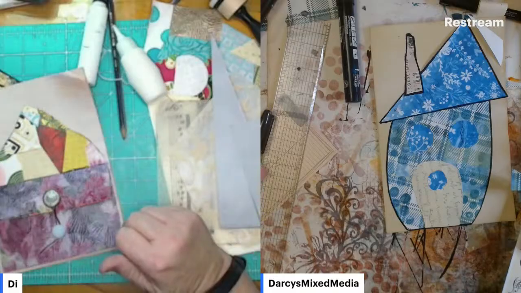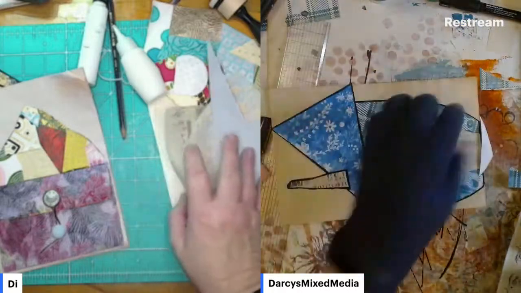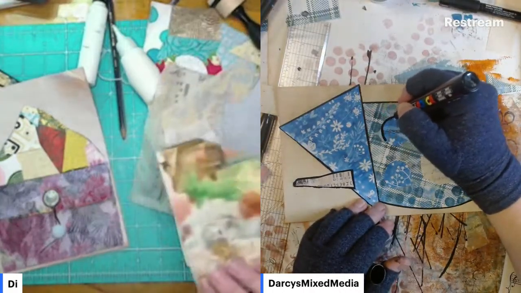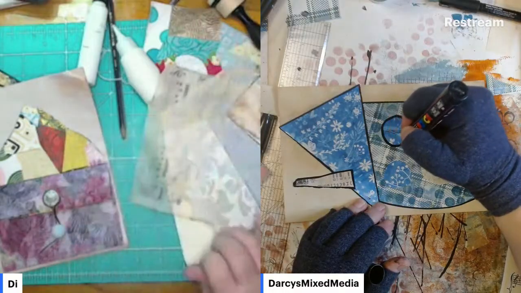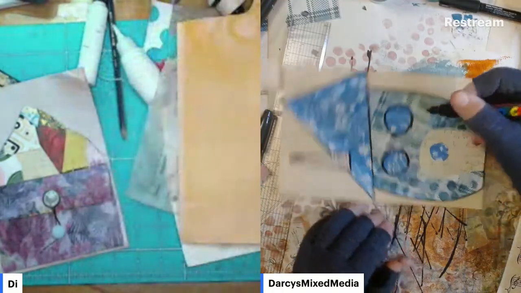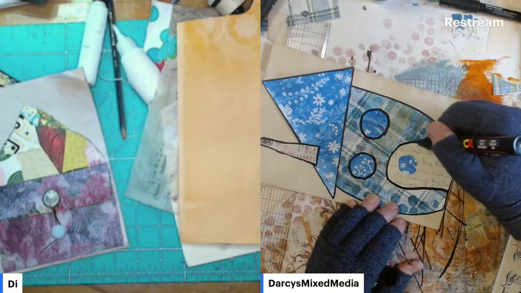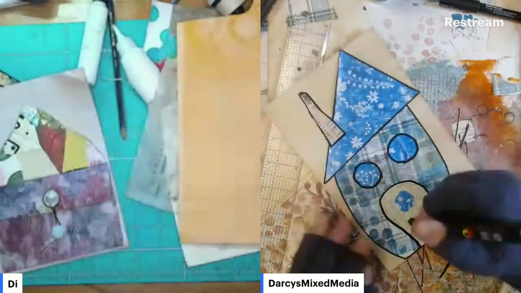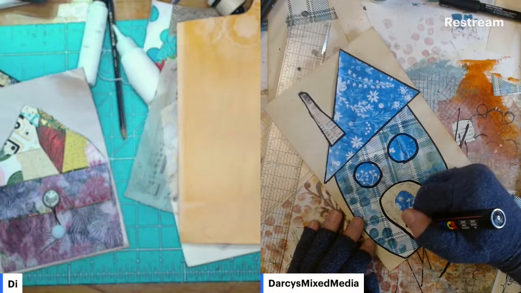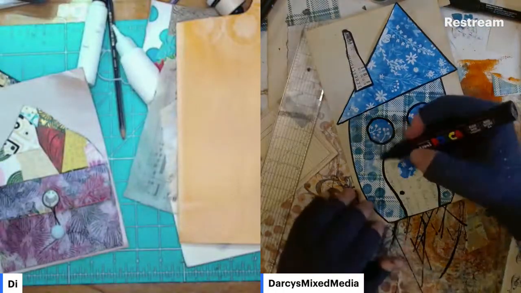Oh my goodness. Flowered windows, you reckon? Flowered windows. That would mean cutting some. I'm going to outline with a thick line, and then I'll do little window panes with a thinner line. In fact, that small window I also might do with a thinner line. Needs pink